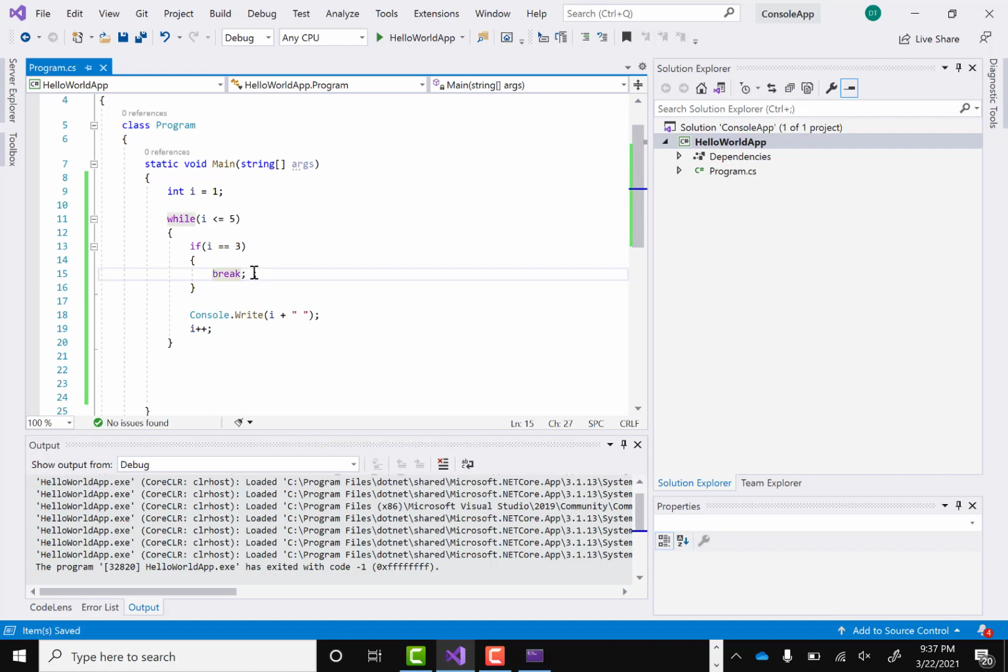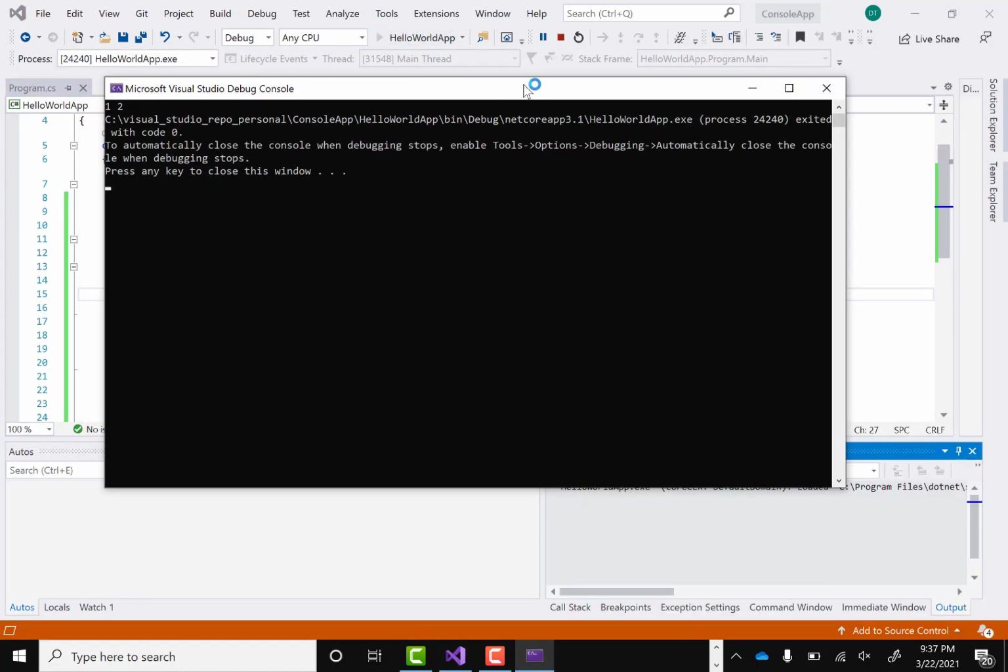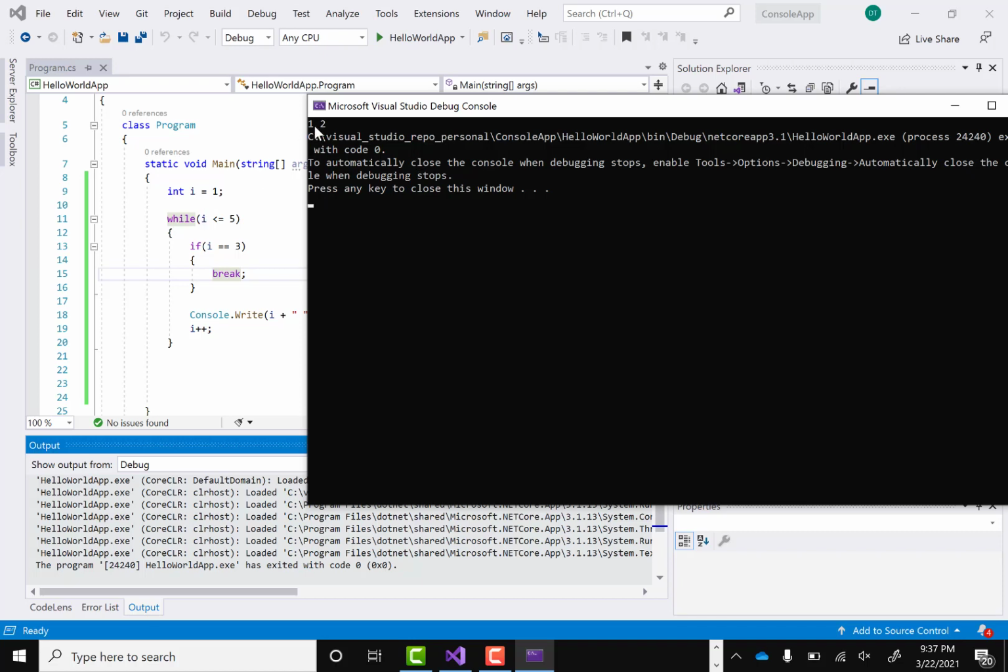So what will happen? As soon as i becomes 3, it will break, it won't execute further. That's what the break does, because that's what happened when we saw it in the for loop, and that will happen here, that it will basically go out of the loop. So in this case we have a while loop. So let's say I run this here, so what will happen? We can see that it has printed only 1 and 2. How? Because I started from 1 and it printed 1 successfully, then it printed 2, and as soon as it becomes 3, then in this case it was break. So it means it went out of the loop, right? So this is what happens in the break statement.